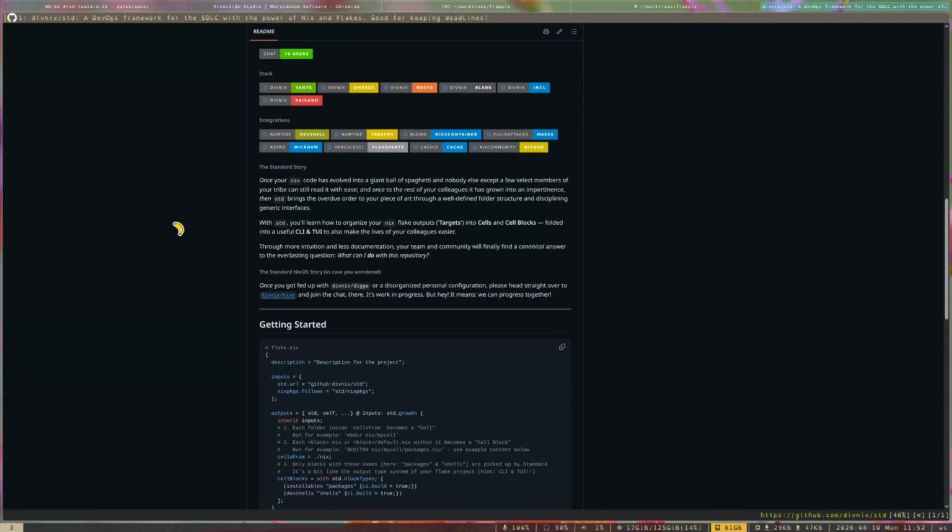Once your Nix code has evolved into a giant ball of spaghetti and nobody else except a few select members of your tribe can still read it with ease, and once to the rest of your colleagues it has grown into an impertinence, then Standard brings the overdue order to your piece of art through a well-defined folder structure and disciplining generic interfaces. Well, once you say the word folder,